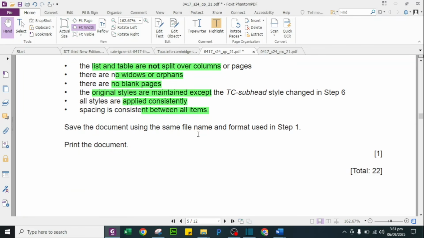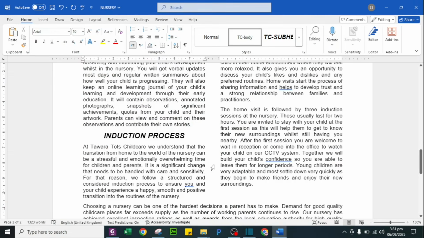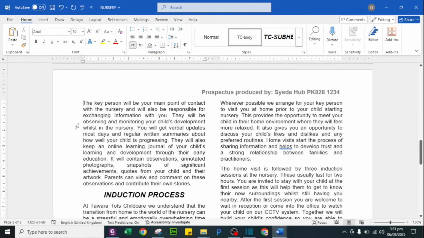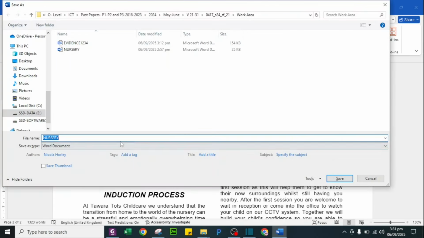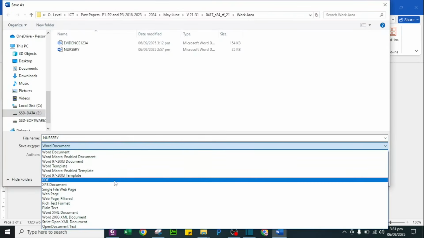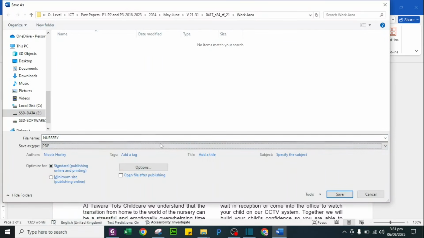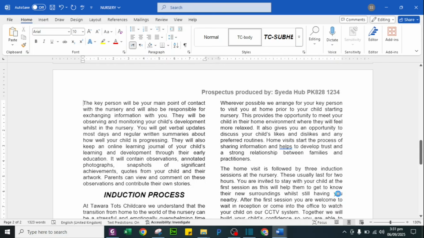Save the document using the same file name and format used in step 1. Print the document. Now we are going to save it in PDF. There are multiple ways of saving it. If I go to the option Save As and take it from here as PDF, this is also fine. Let me make it, and then if you want to take a printout, press Ctrl P and settle it down